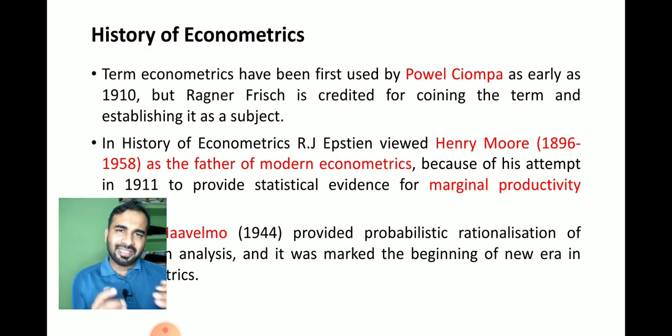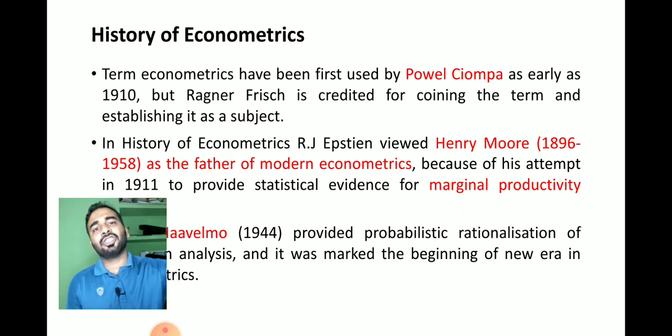Some people say that Powell Siomba is the father of econometrics, but the most accepted view is that Ragnar Frisch is the father of econometrics, because Powell Siomba just used the word, but Ragnar Frisch developed a new subject, and for that purpose he developed